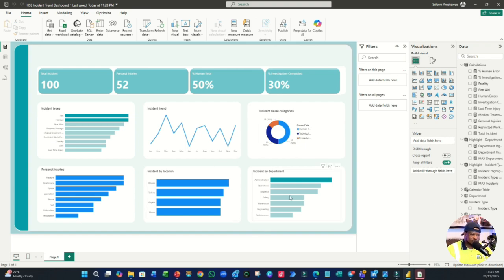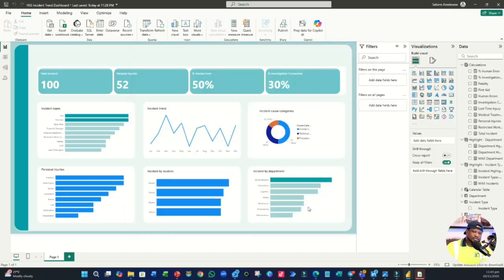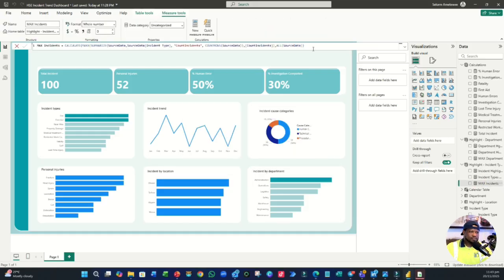We do the same thing for location. So we're going to enter data, we create a new table, we call it highlight location, right? So the naming, it's not a big deal, it's all up to you. Highlight location, we load it in there, and then we do the same thing. So max, we're going to start off for the max, new measure, you paste it in there, max incidents, max location,